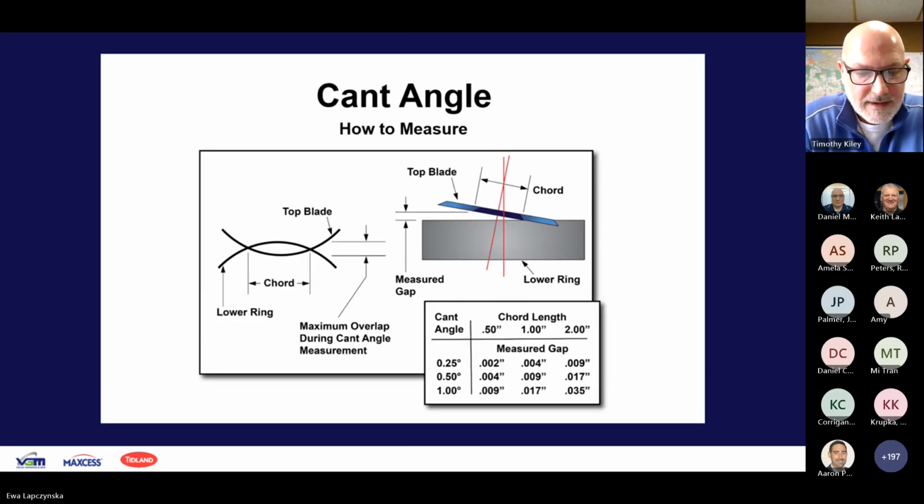Next slide, please. So how to measure this? I don't even think we have time to go through all this. This is very complicated math, really. It has a lot to do with the OD of the top blade you're using, the OD of your bottom blade, and the material you're running. There's a lot of factors involved, okay? There are some knife holders out there that require you to figure out the necessary chord length for your application. And like I said, it's quite a math problem, and it's not something you want to change when optimized,